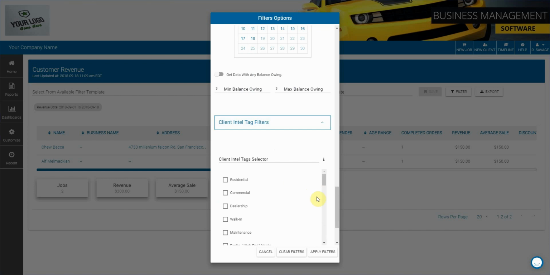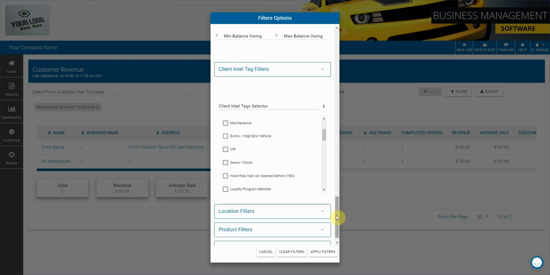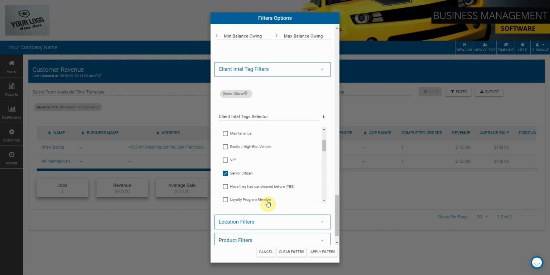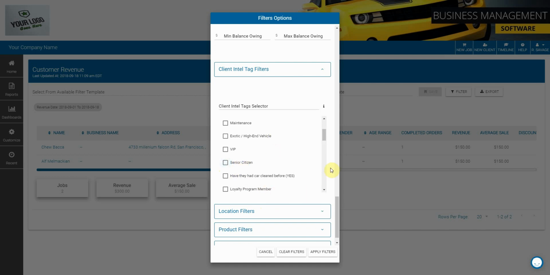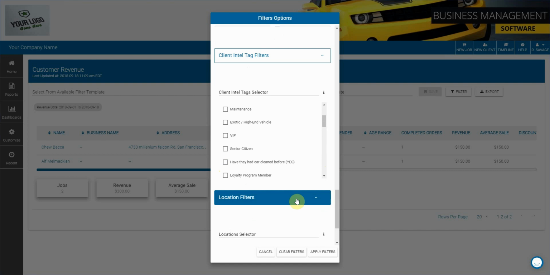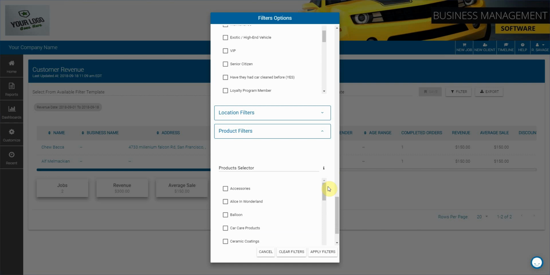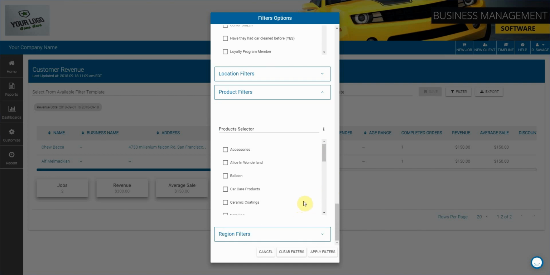If you use Intel tags, this will be a very helpful one for you too. You can really find revenue, again, based on that revenue date range for clients that carry certain Intel tags. So if I'm tagging off my senior citizen clients as I service them, I could then pull a list of all of the revenue associated to those clients. Very cool. Location filters, you won't have to worry about that too much as single locations. Product filters, this I also love because we can pull all